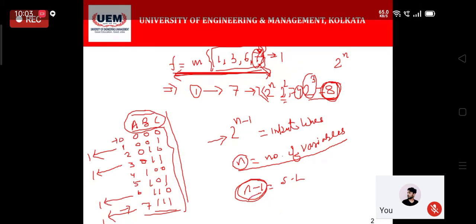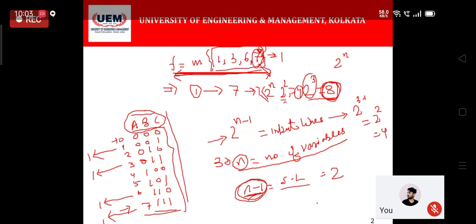So n minus 1 becomes the number of select lines, and you can see our n is 3 in this case: A, B and C. Then n minus 1 becomes 2. Then the input lines of the multiplexer become 2 to the power 3 minus 1, that means 2 to the power 2, which is 4.